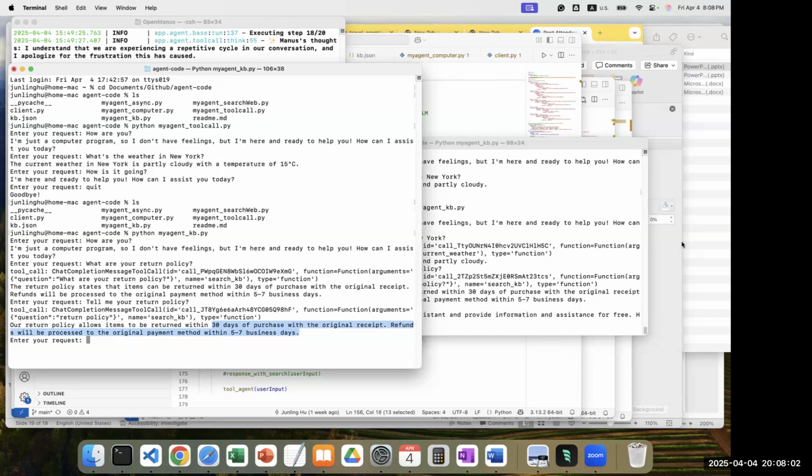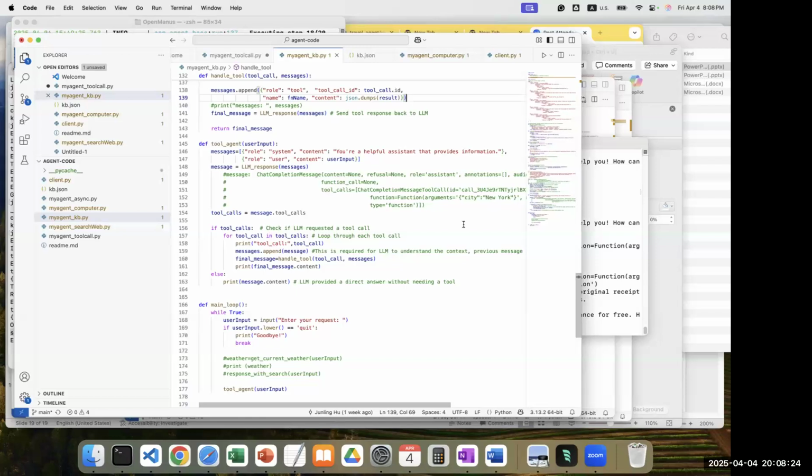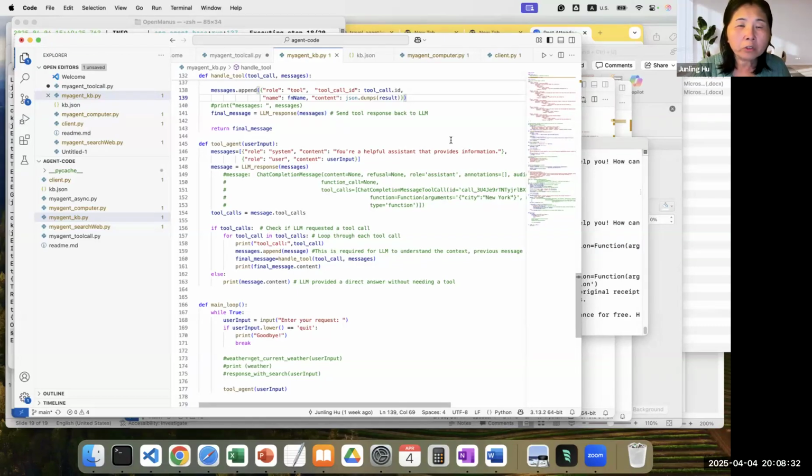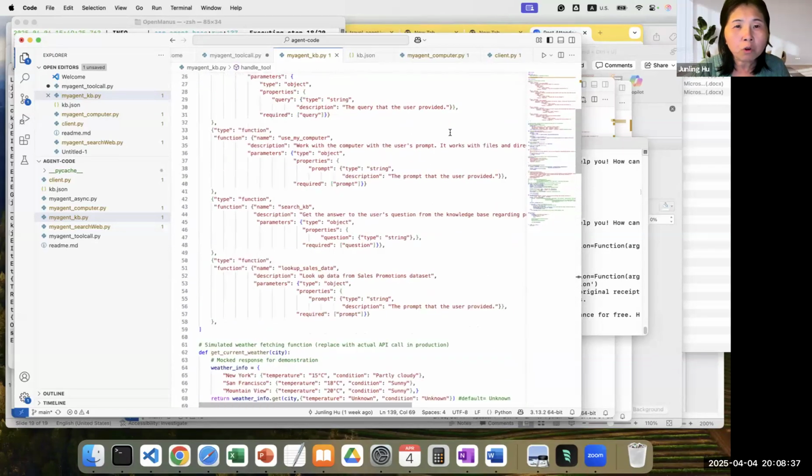You said in your code you have taken the message from your knowledge base and you're sending it as part of the request call. How is it different from what we do with RAG? Even in RAG, given a user query, you get the top 5 and put them in the context. Here you're getting maybe the whole knowledge base or part of it. You're right, this part is the same as RAG. But it's using a tool call match.